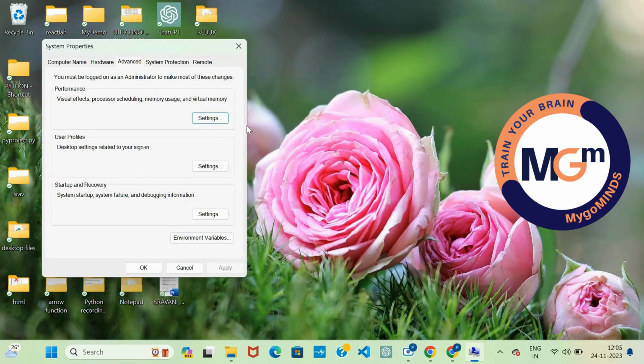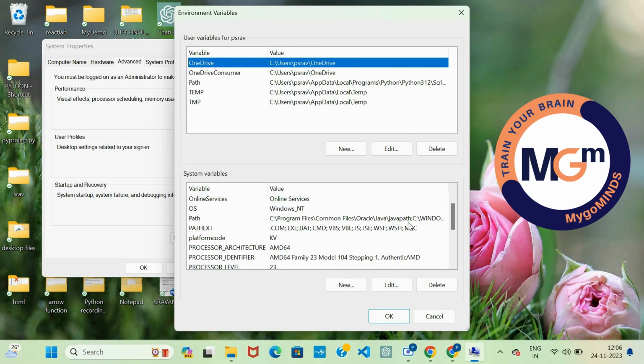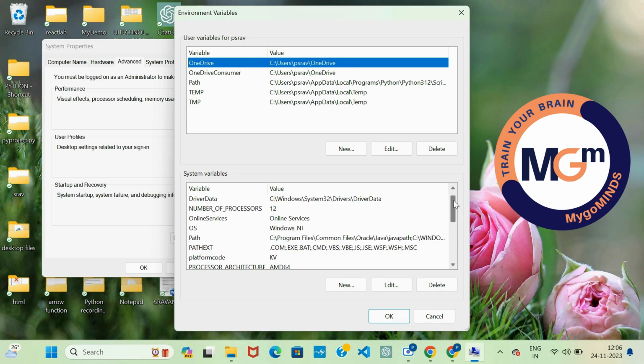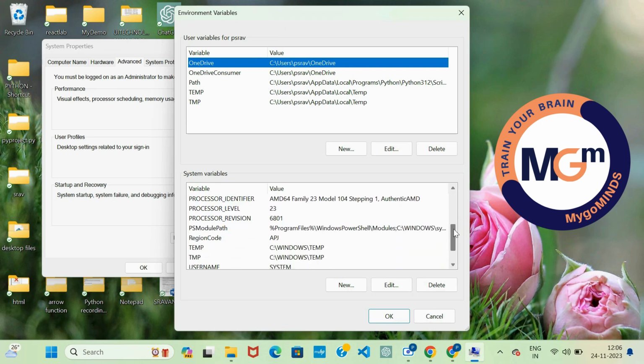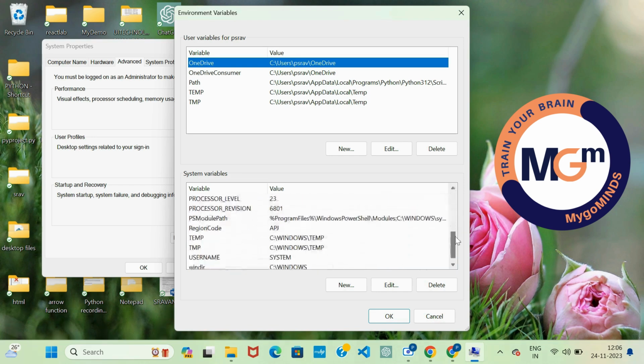So here we are seeing environment variables below. In Advanced we have Environment Variables. Just click on that. So here we will get the user variables and system variables. In system variables I need to add the path of our JDK. For that we need to add a new path. Okay, now